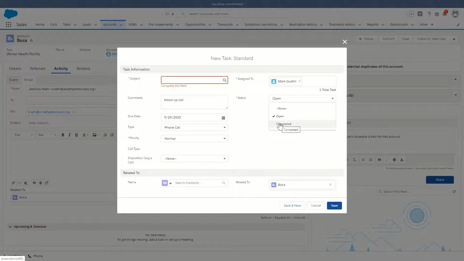So if I run a report and Mark has still 10 tasks, I might say to Mark, hey, what happened to all these tasks? You were supposed to call this guy on this date, and I don't see a note in the system. It's just going to give you guys that ability to really manage and oversee the outreach team